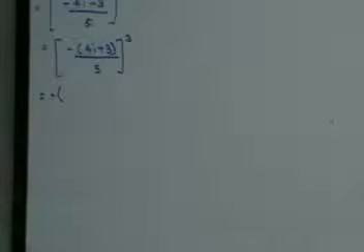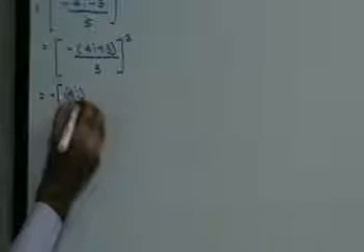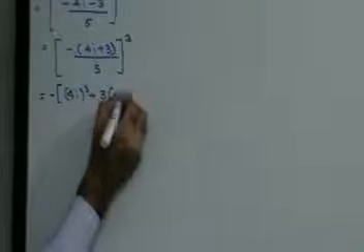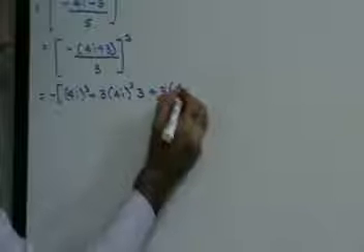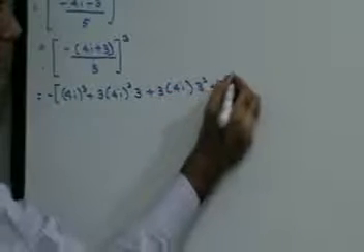This is in the form (a plus b) the whole cube. (a plus b) the whole cube is nothing but a cube plus 3a square b plus 3ab square plus b cube,